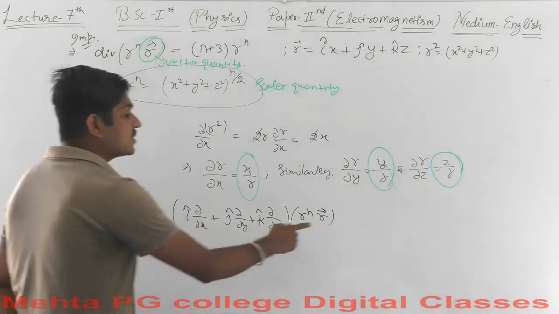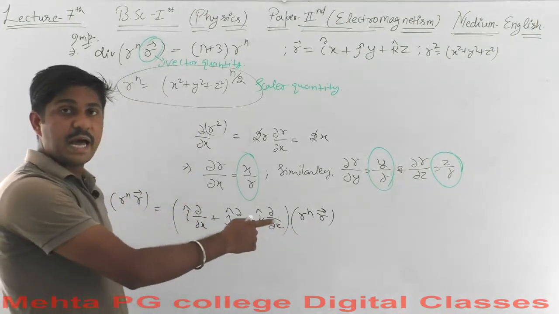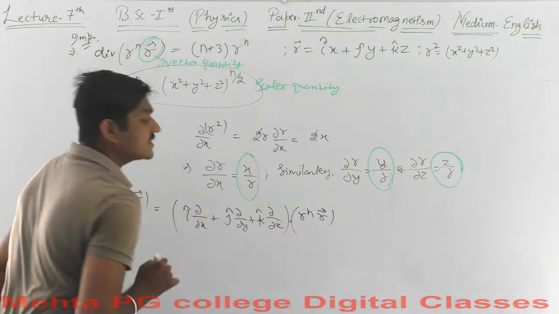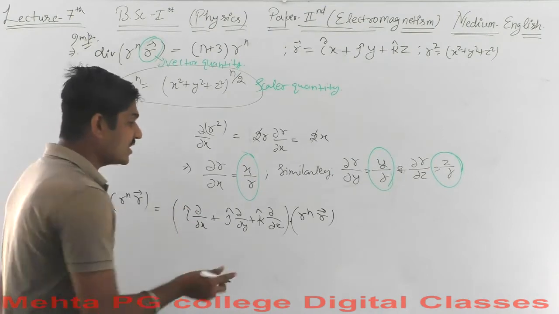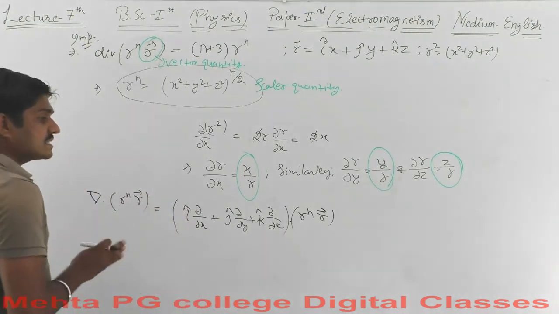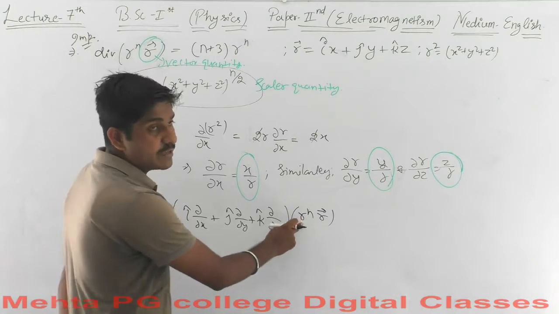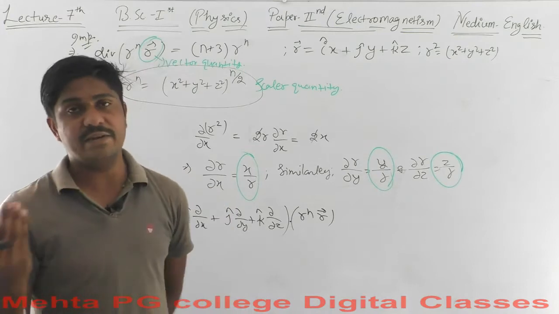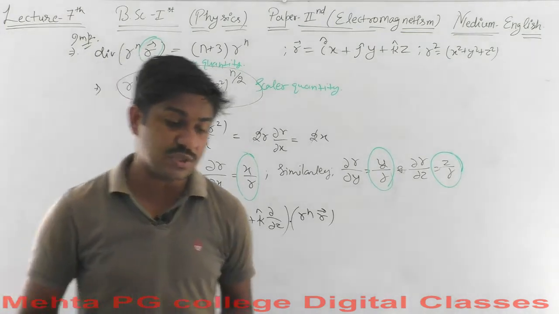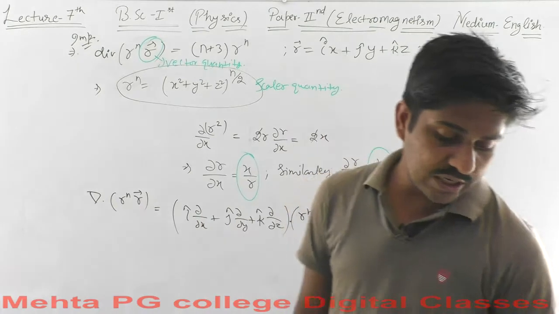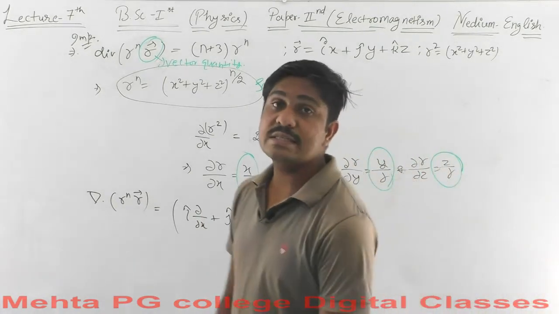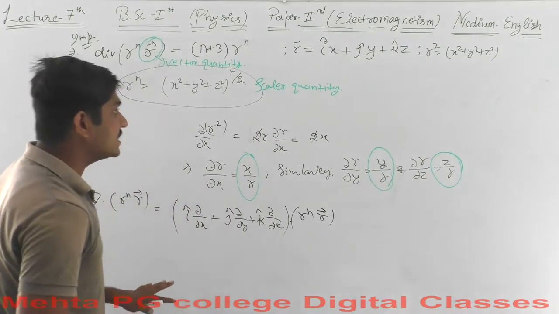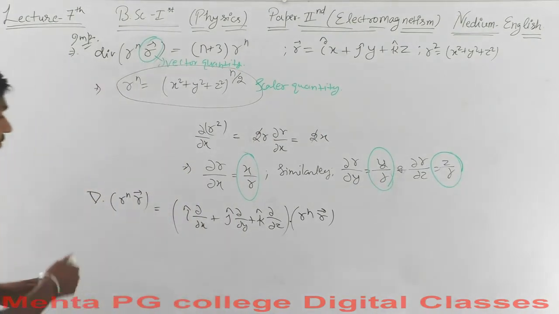So the product will go through this r vector. It has a dot product here. Okay, so this is a dot product. The whole divergence is taken only for this r vector. This r^n will be a constant and remains out of the derivative, but its constituents, x square, y square and z square, are consisting in this derivative. So let's proceed here.